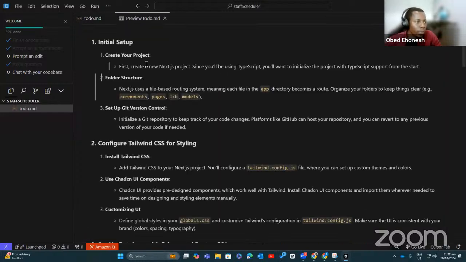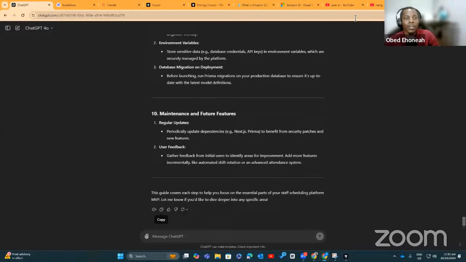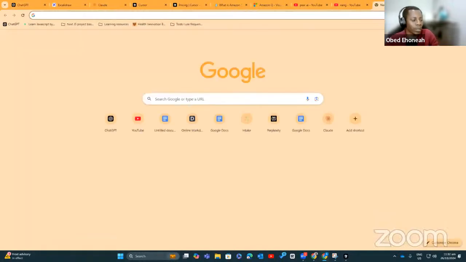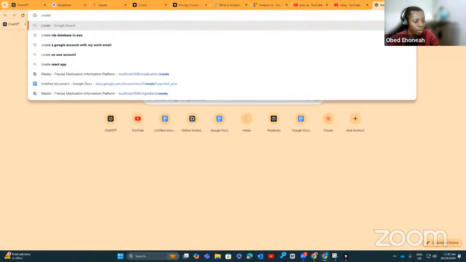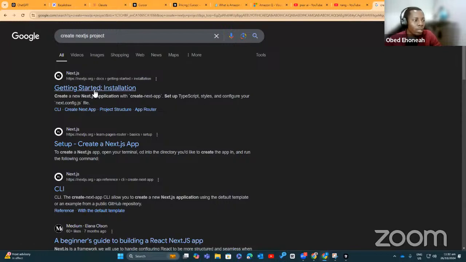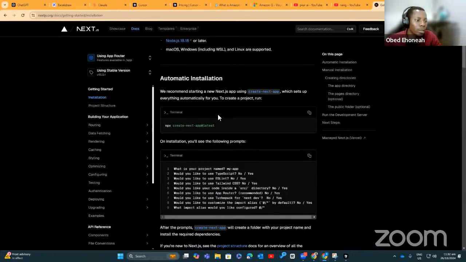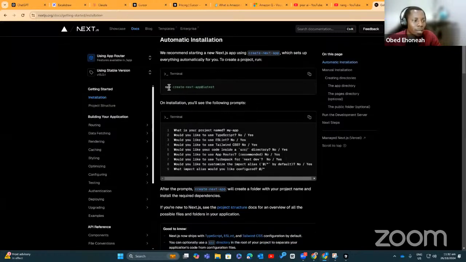And to create your projects, now we've settled on what we want to use. You can go online and find out how to create a new Next.js project. Say create Next.js project. It'll take you to their documentation, then says this is a command.